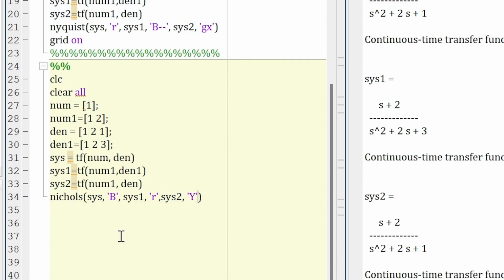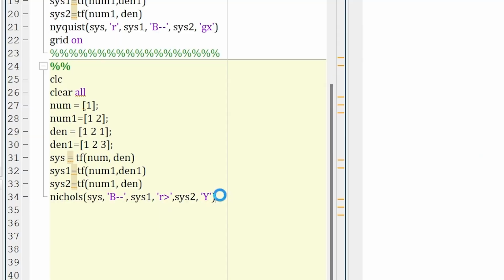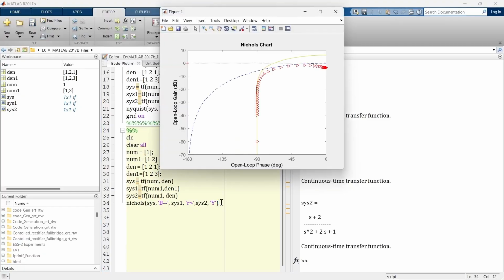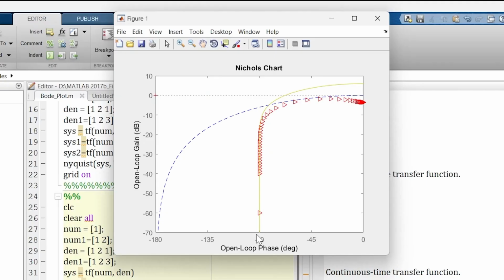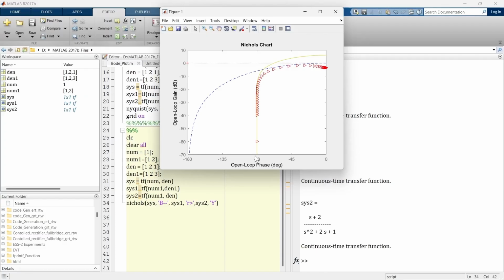So let's say yellow. You can even change the solid line to dashed line or something else. Let's say this B will make it dashed line, and then this red will make it triangular one, right? And this Y will keep it as it is, right? So now let's run, and there we go. So that's how you can customize this graph the way you want. So that's how you can create Nichols plot in